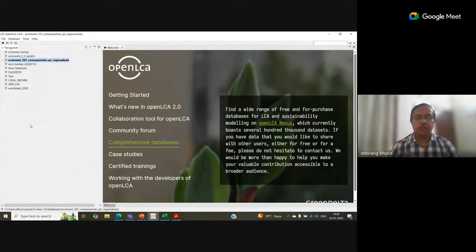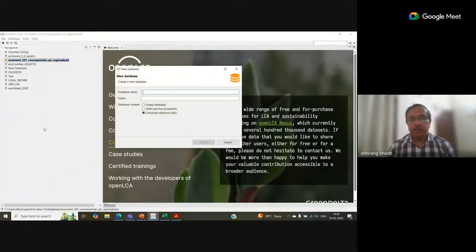When you need a database, you need to right click on this navigation pane, and then you can create a new database. When you create a new database, it will be an empty database because you don't have any background data for your own LCAs. So when you're creating a database, you should have your own values to include into the background activities to perform the LCA. But if you want to use the standard databases to do the LCA, that's also possible.